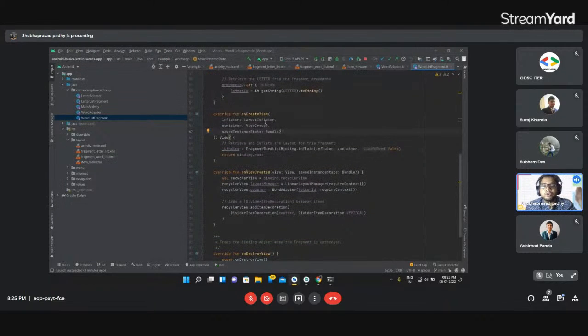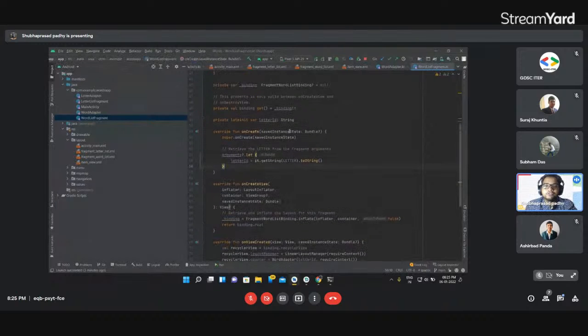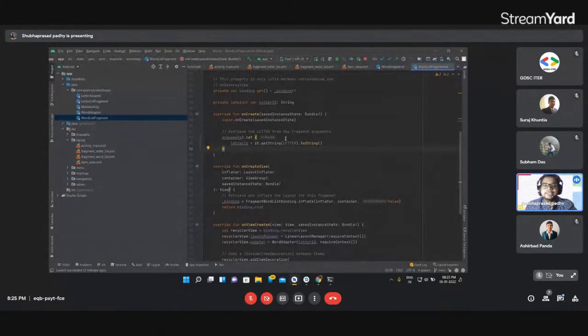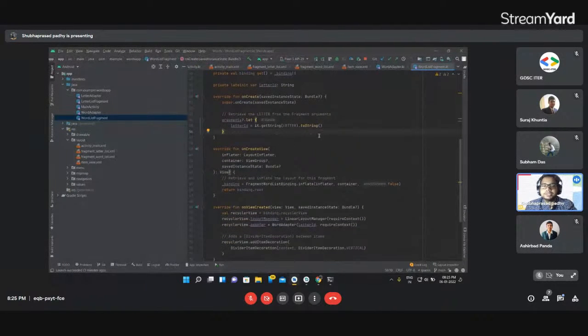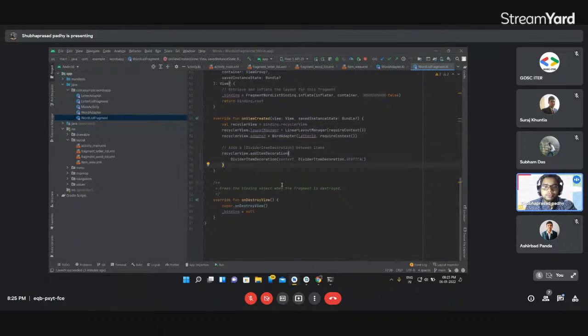We are binding the view on create view, and on create, we're actually creating the particular fragments and the necessary variables that need to be initialized. And then on view created, we are setting, for example, the recycler view: what should be the layout manager and how the adapter should work, and that would be displayed later on the screen of